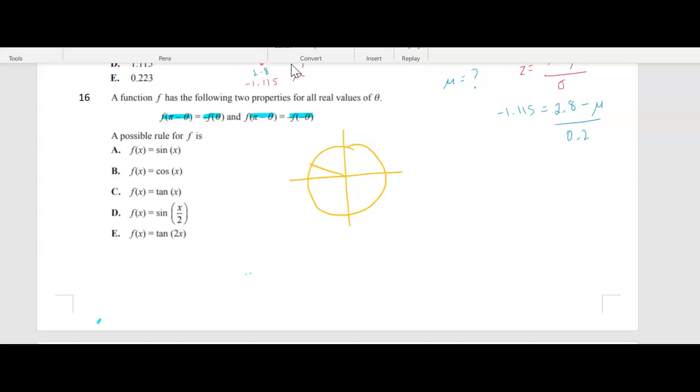So basically we want to know which function is negative in the second quadrant, because this is showing us that it has to be negative. The one that's positive in the second quadrant is sine, so it could leave us with cos or tan. All right, so I can say it's not going to be A and it's not going to be